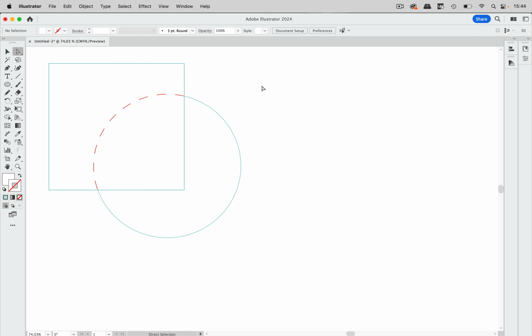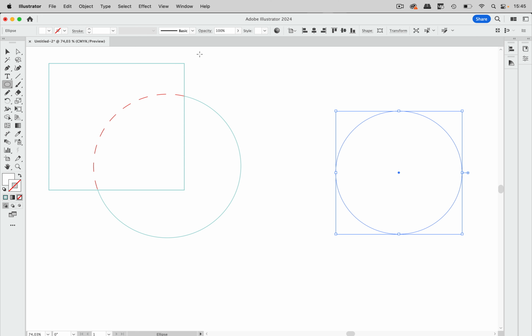So in the first part, I'm going to build this, and then after that, we are going to look at the things you need to watch out for when using, for instance, the web document profile when creating a new file to create this. So first of all, this is a square and an ellipse, and I'm going to start with the ellipse. So I'm just going to draw the ellipse, and the ellipse has to get a white fill,